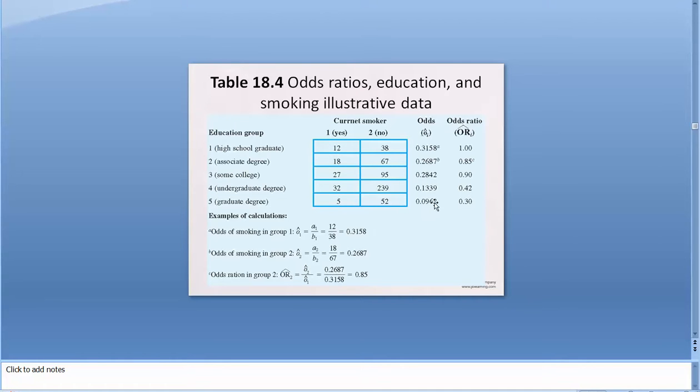So you first find the odds and then you divide each of these by that, and then you get this. So when you divide this by this, you get this by that, you get that. Okay, like that. And then you can compare each different level with the reference group, which is the high school